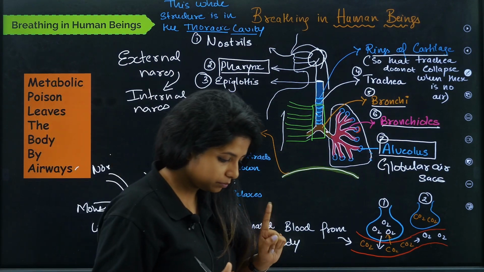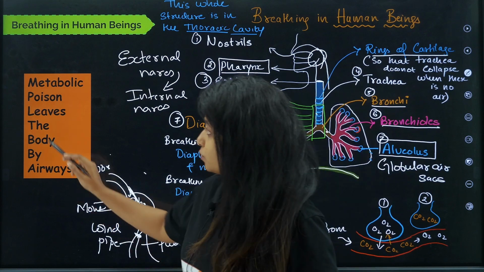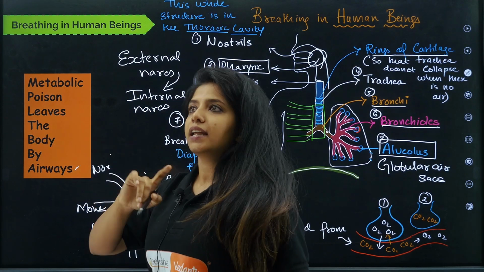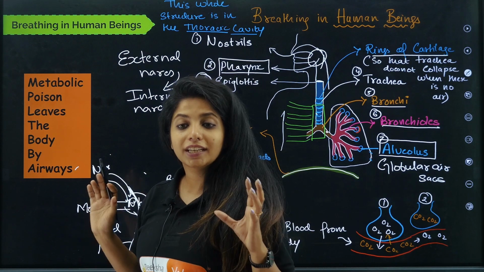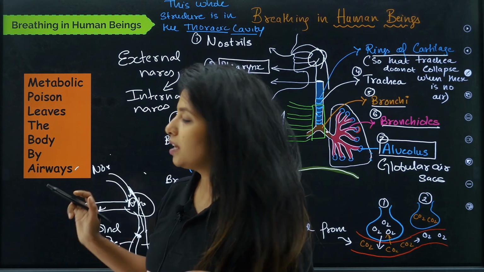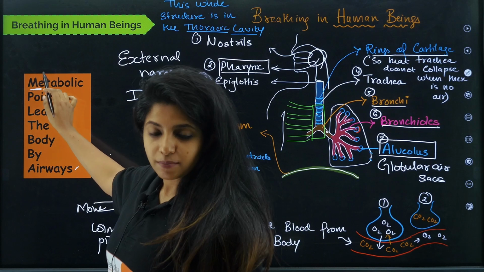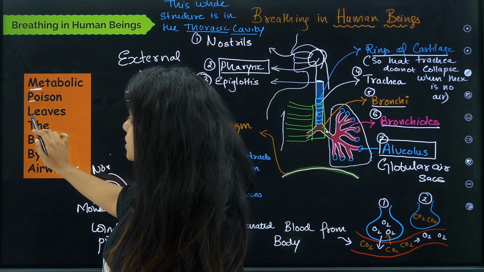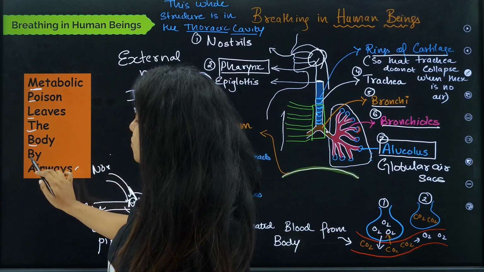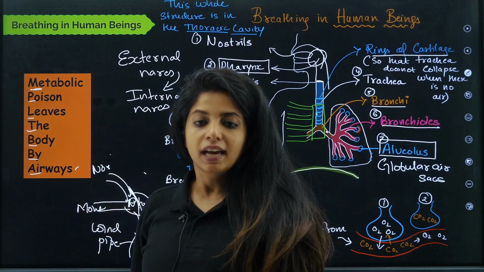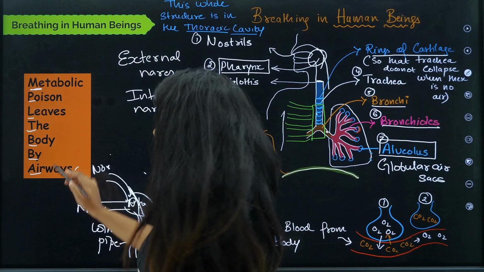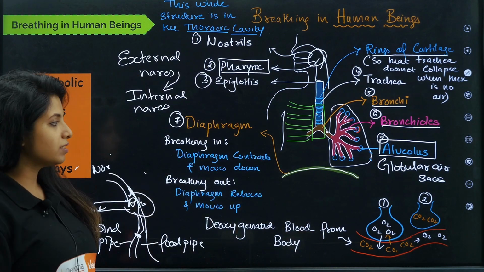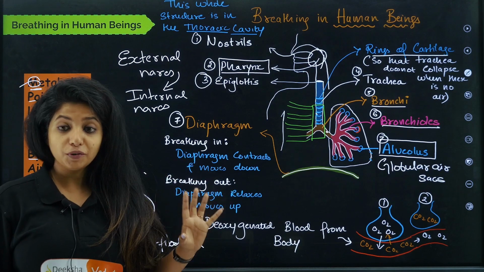Okay. Now, you can remember in this way also, metabolic poison leaves the body by airways. What is metabolic poison? Basically, at the end of metabolic reaction, all the chemical reaction, you get carbon dioxide, right? So that is a poison. So it is written mouth over here. M stands for mouth. Basically, it's not mouth, it should be nose. Okay. So M, P for pharynx, L for larynx, T for trachea, B for bronchi, B for bronchioles, A for alveolus. In some way, if it's useful for you, then you can remember. But please remember, it's not M mouth, it's N nose. Okay, so you can remember somehow like that. I just gave you a basic idea if you want.